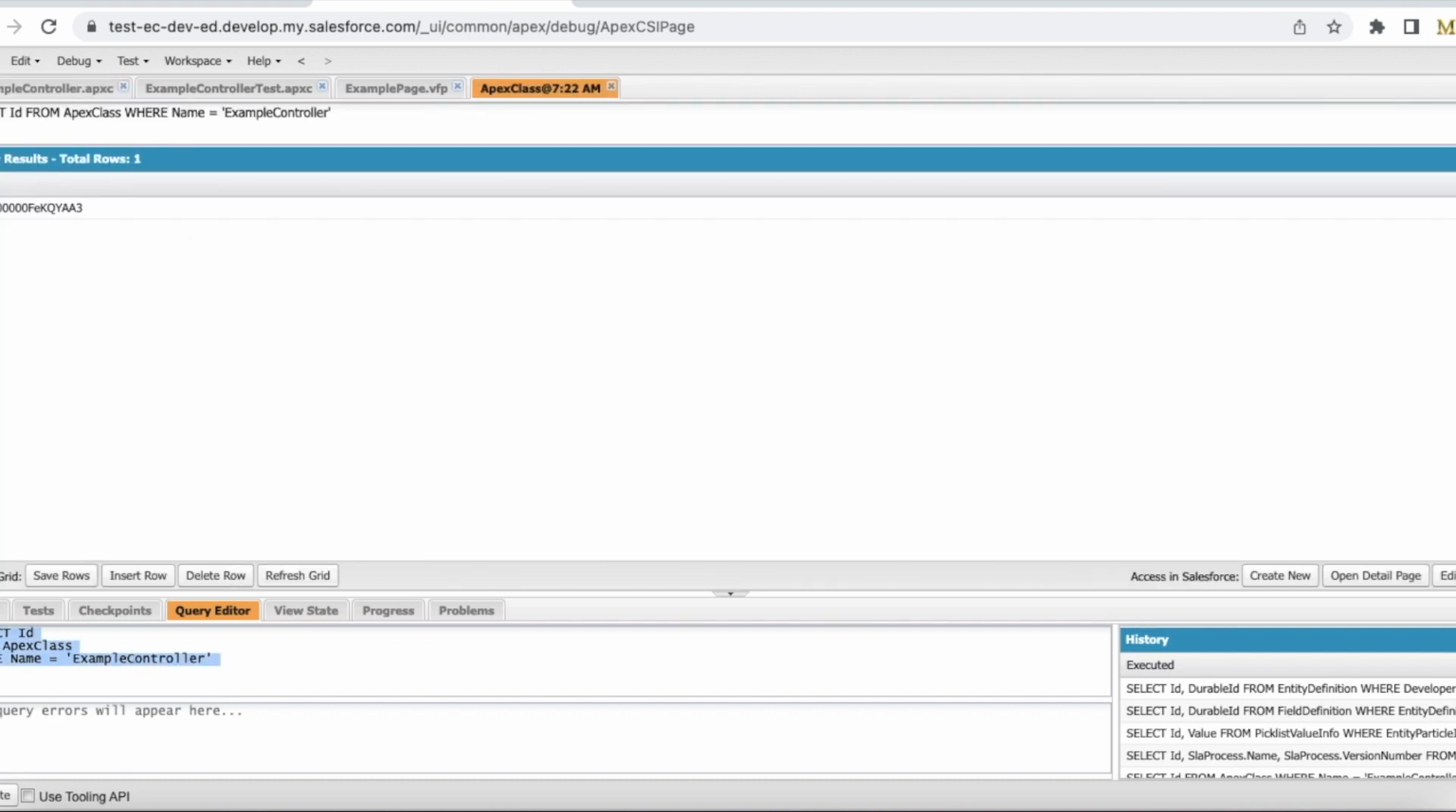Now I can use the metadata dependency query. For this, I have to use tooling API. So using this simple SOQL, I got the ID of the Apex class. I have to pass this ID to ref metadata component ID. So here I'm going to get the metadata component ID and what is the type and what is the component